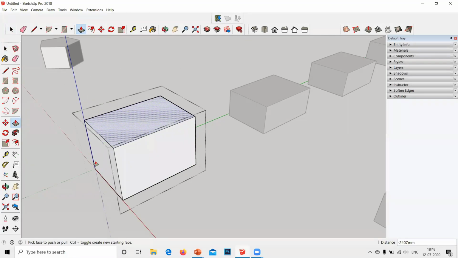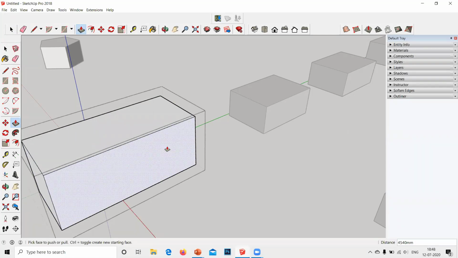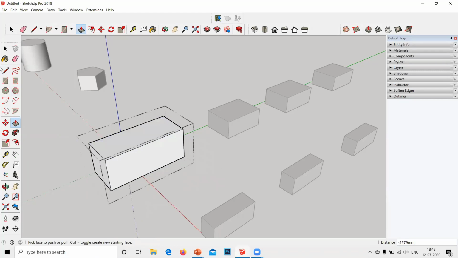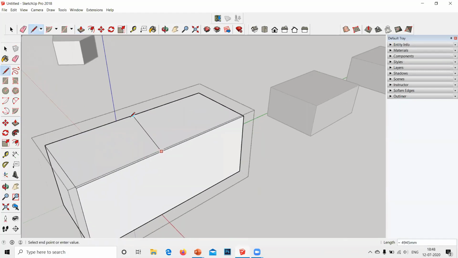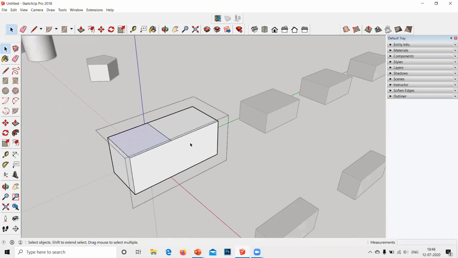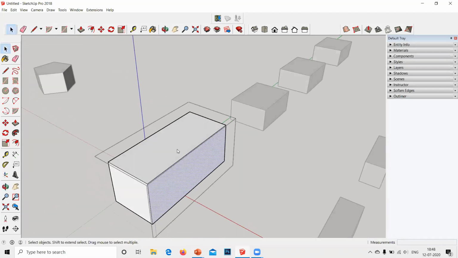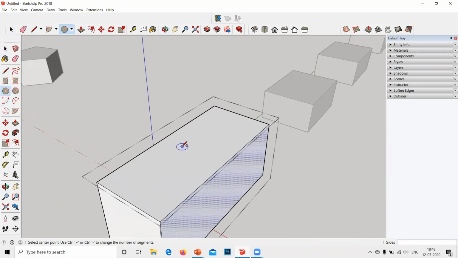Okay. I can even increase or decrease its width like this. I can give it partition. Okay. And then there are 2 faces. So all these things are, I just undid it. So all these things are possible inside a group.